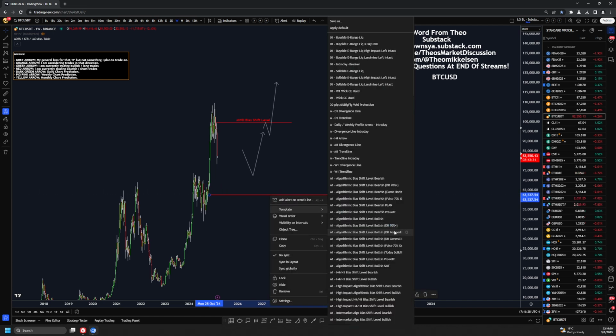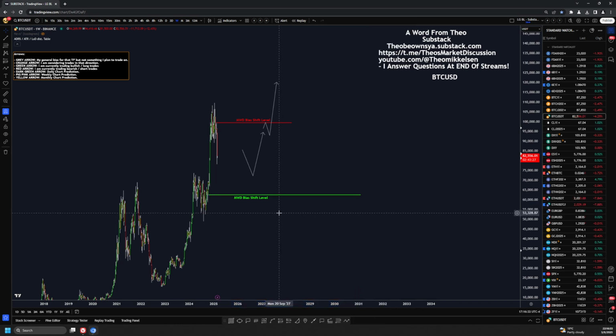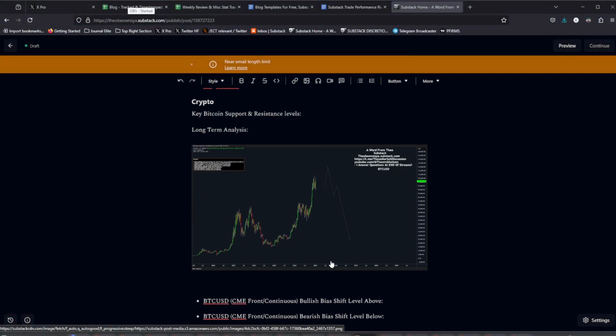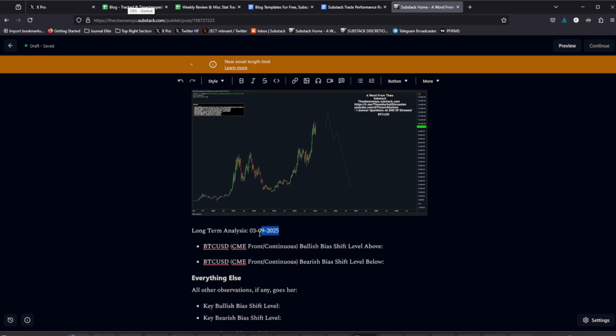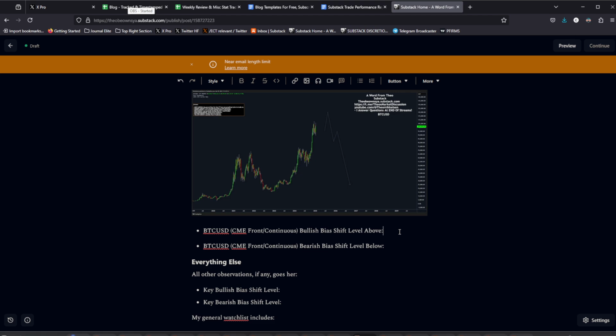It's not the most precise level I can give right now, but I definitely think that I want to be posting for the sake of long-term analysis that I could make a change in and precise a bit more. But here is a long-term analysis from 03, 09, 2025. And probably what I will do when I make a change is I'll just update the date and I'll post another chart so people can sort of see the continuity of what it is that I'm doing in just the pictures, right? So I think as long as we're staying above, and this is very long-term, of course, but I